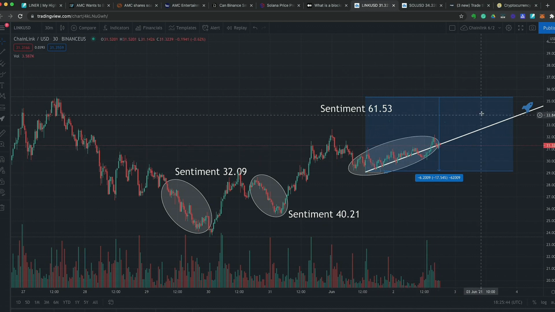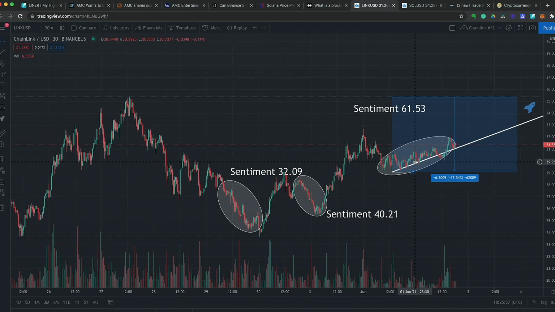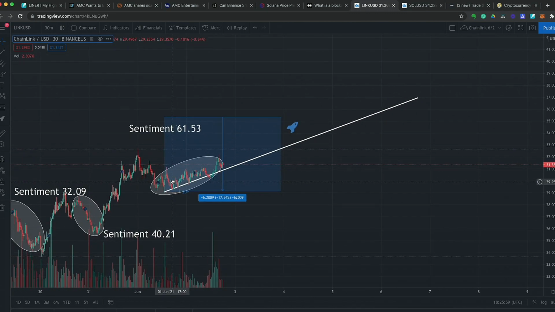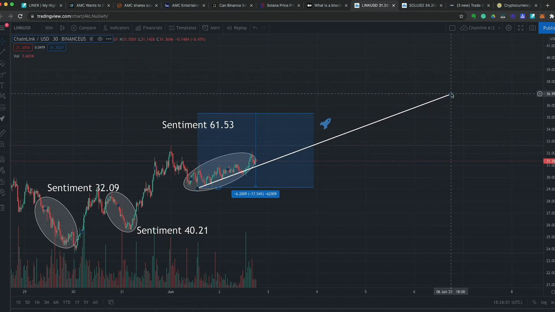So when you look at the price tolerance and potential for Chainlink, just to give you an idea of where I think this is going to go in the next day, I think we are going to see this move up to around $35. I want to zoom out on this a little bit to give you an end point, which is this little marker out here at around $36 by the 21st. So I know this isn't a heavy move, but it definitely is in the right direction.